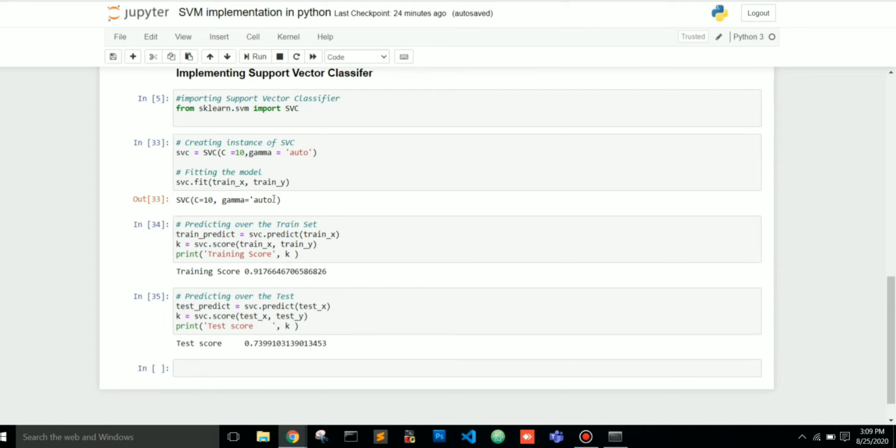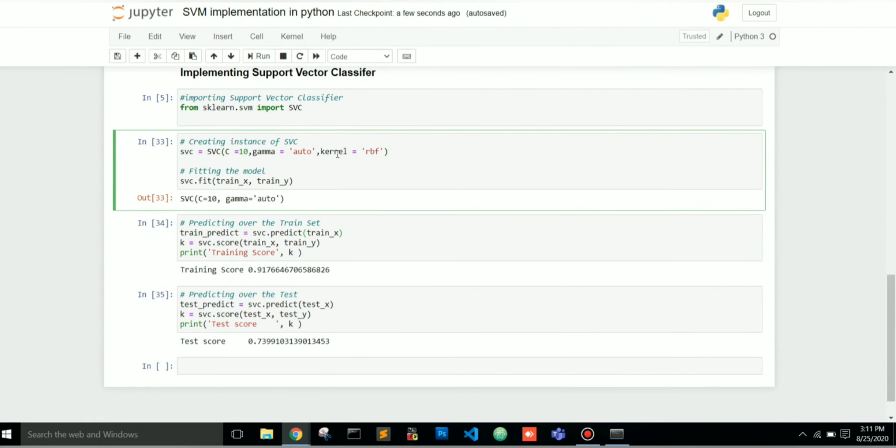You can use GridSearchCV as I have mentioned above for choosing the best values of all the hyperparameters you want. There is one more parameter named kernel whose default value is RBF. What does kernel mean? There are different types of kernel parameters which are used as tuning parameters to improve our classification accuracy. There are mainly 4 types of kernel: linear, polynomial, RBF and sigmoid.